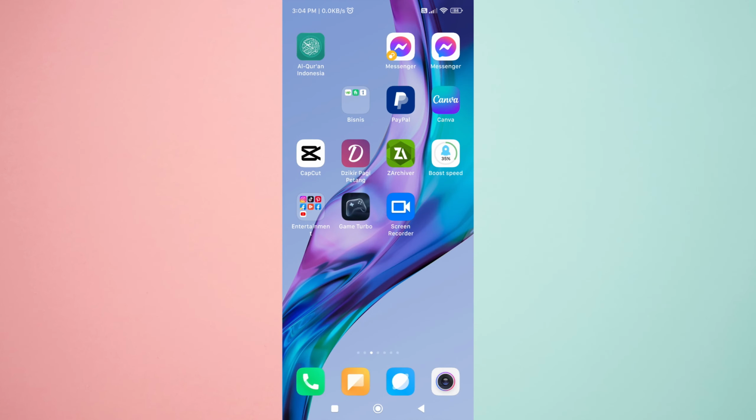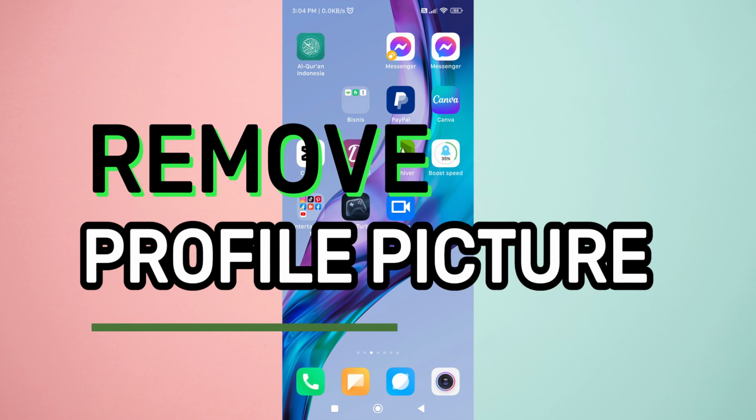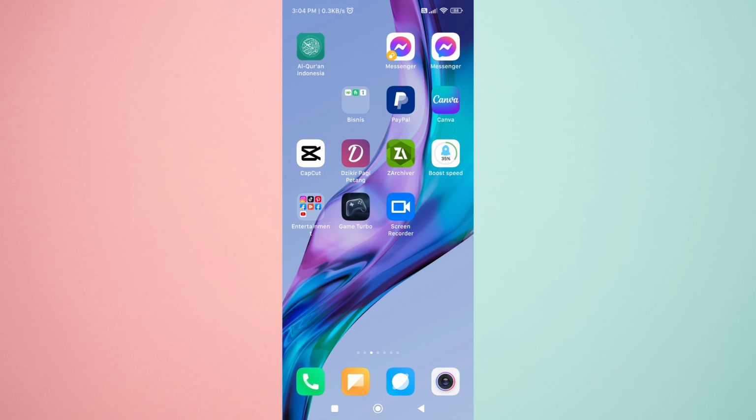Hey there! Welcome to this video where I will be guiding you on how to remove your profile picture on the Facebook app. It's a simple process that will take just a few seconds, and I will show you the